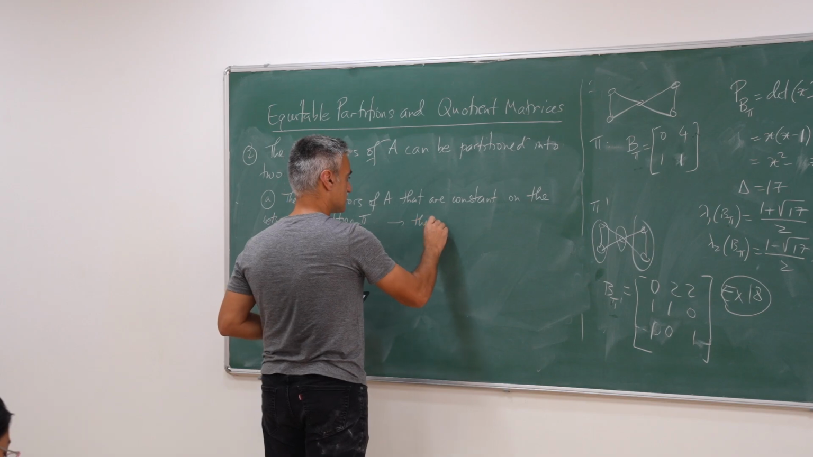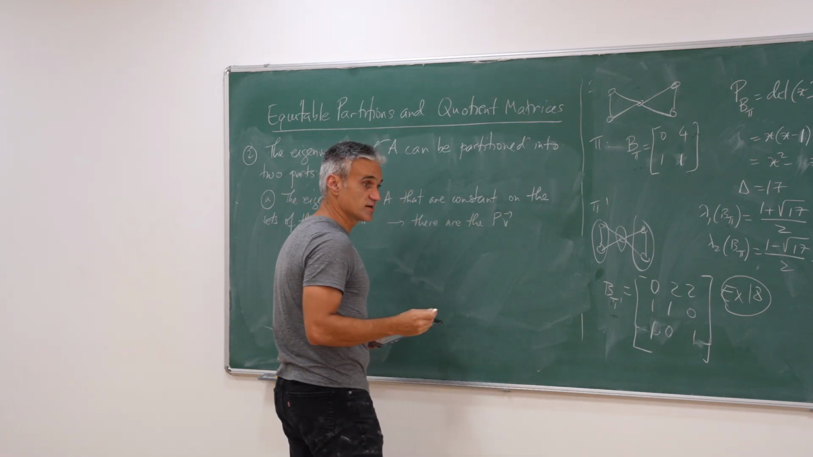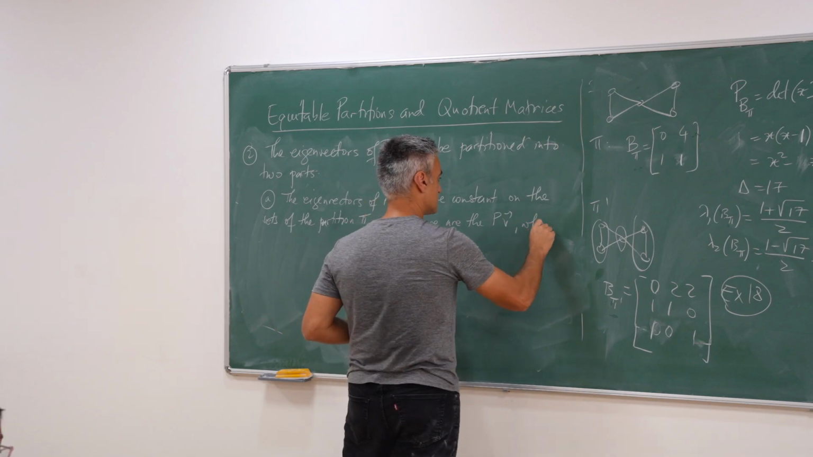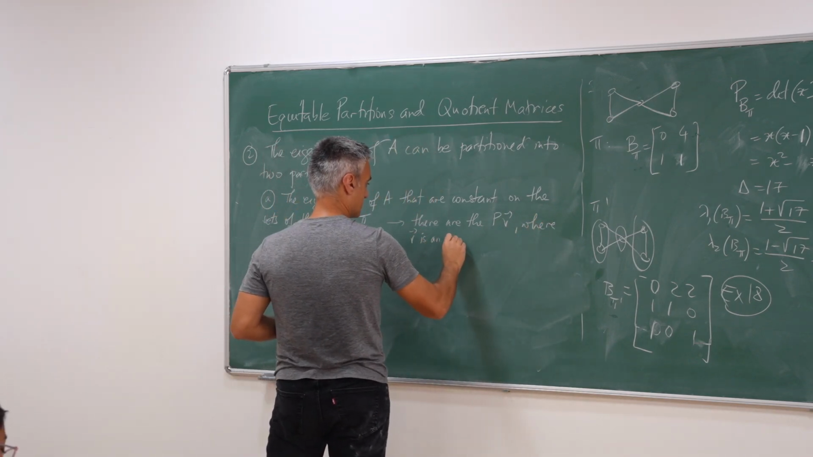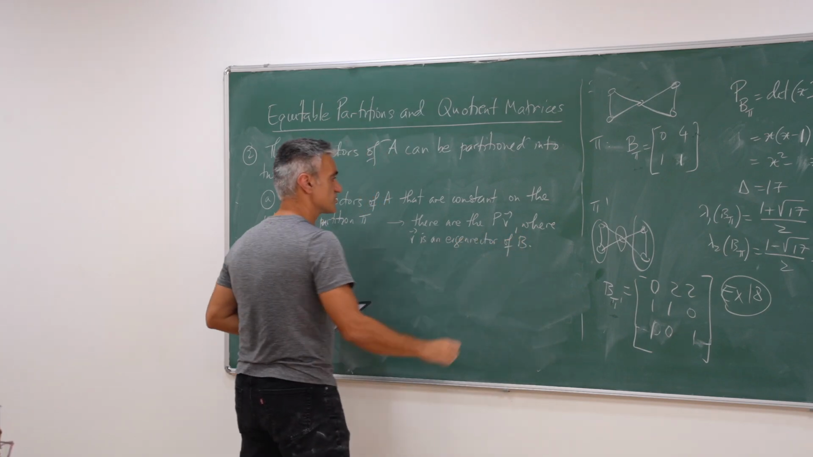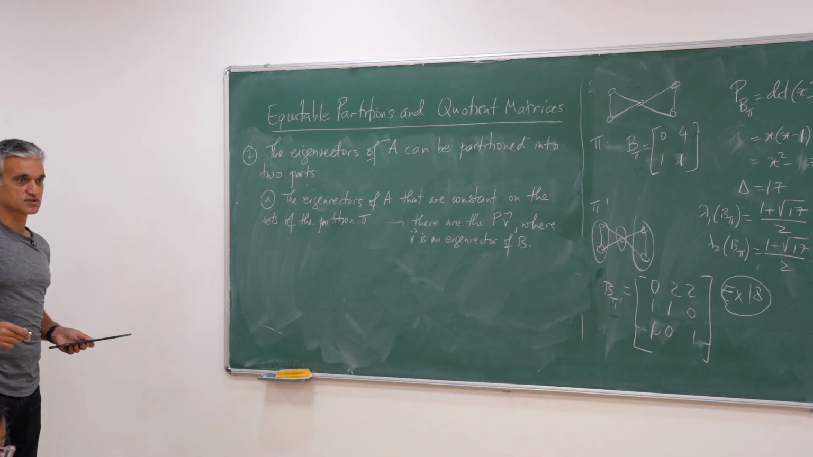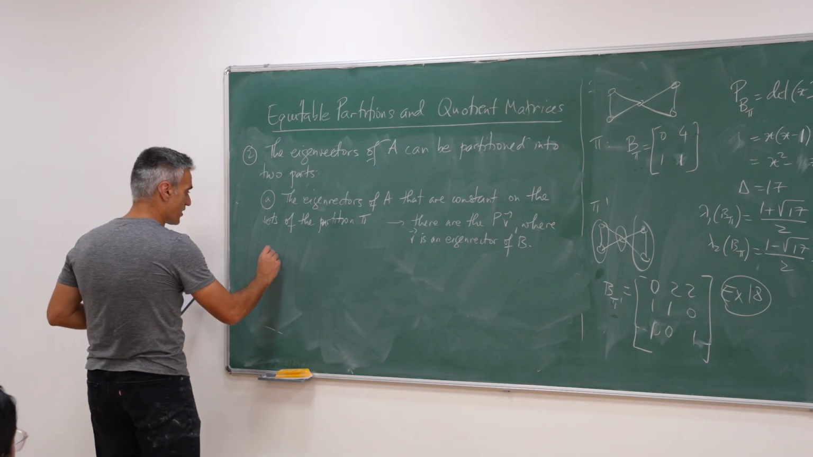These are the PV eigenvectors where V is an eigenvector of B. So this will be constant on the sets. So you have this type of eigenvectors that you get from B, and the remaining ones,